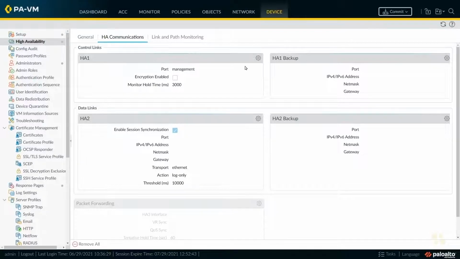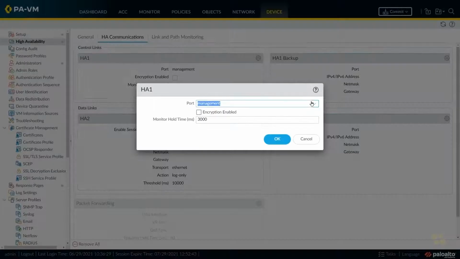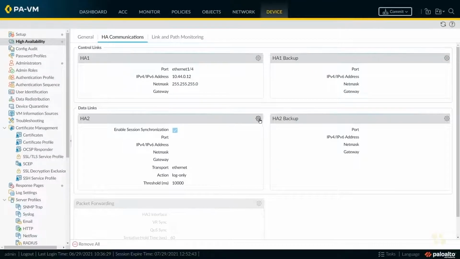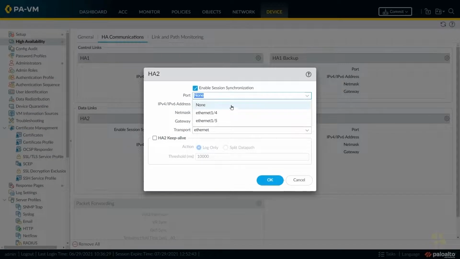details for HA1 and HA2 by clicking on the gear, specifying the interface we want to use for HA1, specifying our local IP address for that interface, which is 10.44.0.12 with a 24-bit mask, which is spelled like that in dotted decimal. And they're directly connected, so we don't need a gateway there. Click OK. And let's configure HA2 by clicking on the gear, specifying we want to use 1/5. The local address is 10.55.0.12. The mask for the IPv4 address is